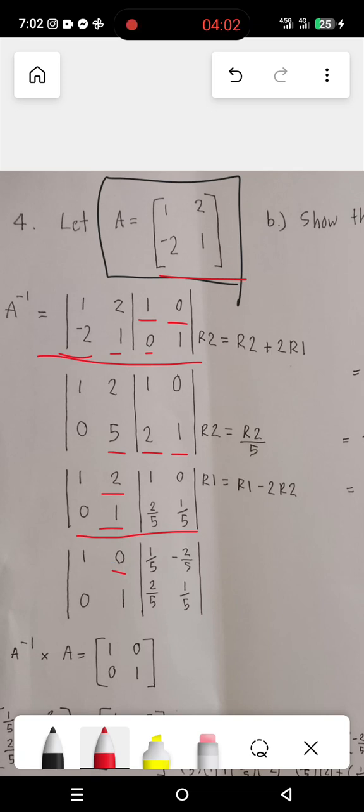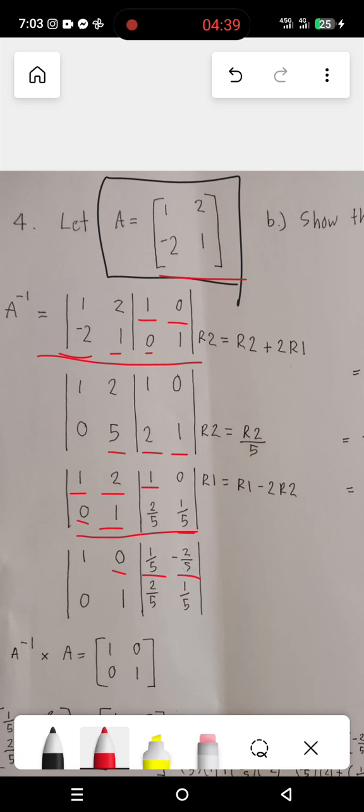And we're going to perform that as well in all values that belong to R1. So R1 here is 1, right? Minus 2 multiplied to 0 is still 1. We have already solved this one. So 1 minus 2 R2, which is this one. So the result is 1 fifth. 0 minus 2 R2, and the corresponding value for R2 is 1 over 5. So we have here negative 2 over 5.